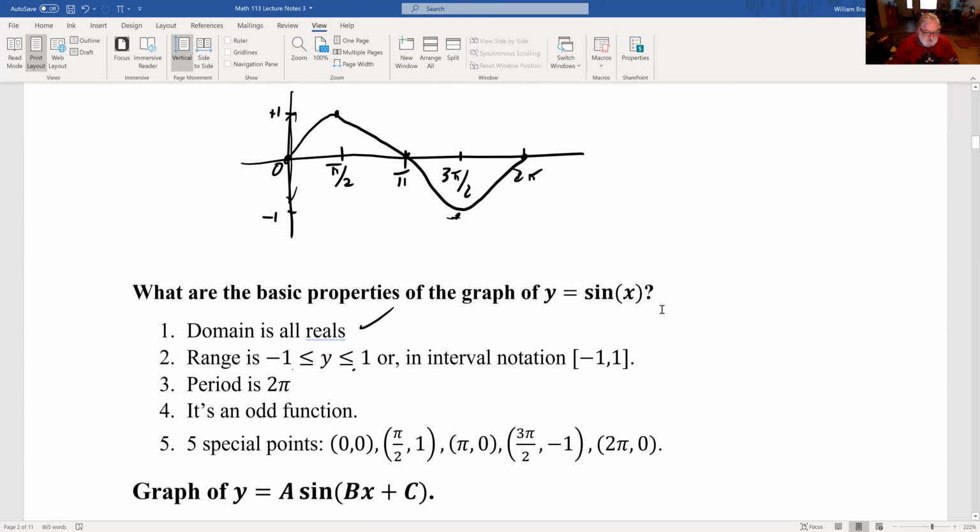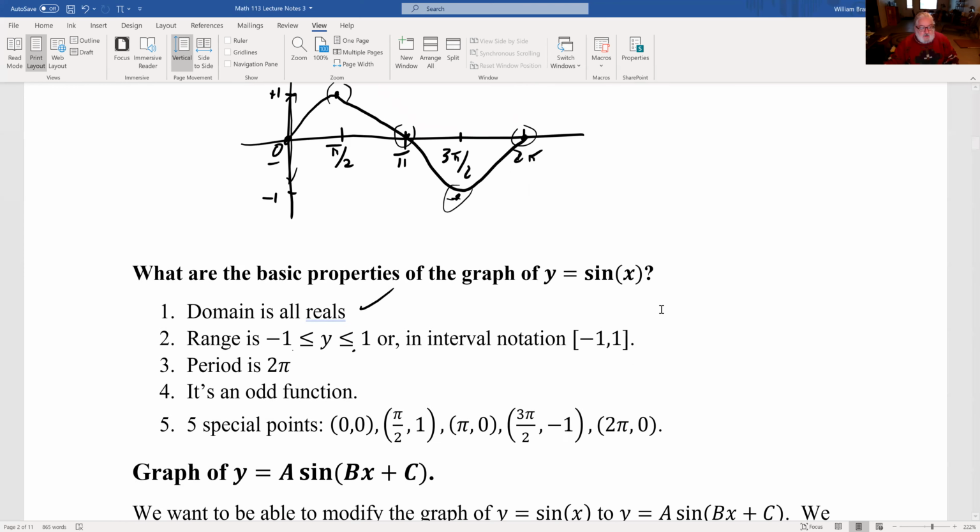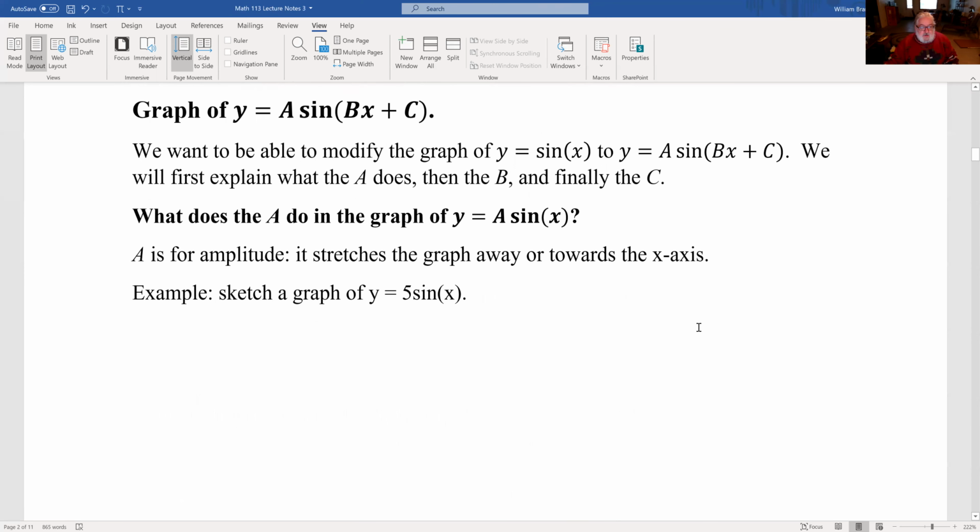And there's these 5 special points. 0, 0, that's here. Pi over 2, 1, that's here. Pi, 0. 3 pi over 2, -1. 2 pi, 0. Okay. So we want to be able to modify the graph of y equals sine x to y equals a